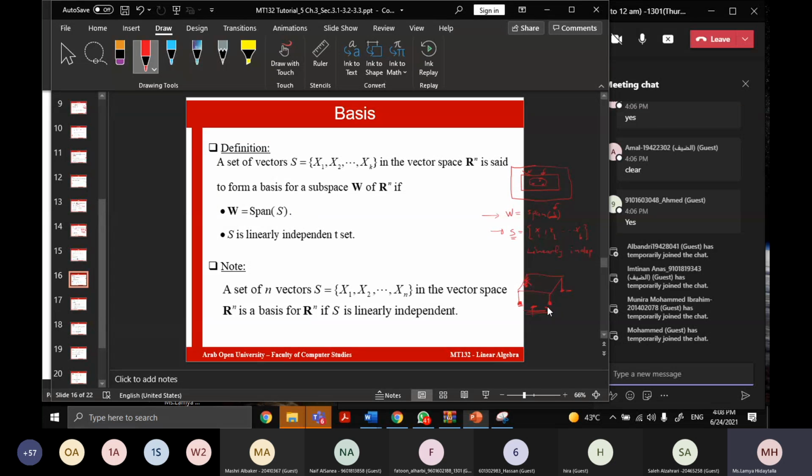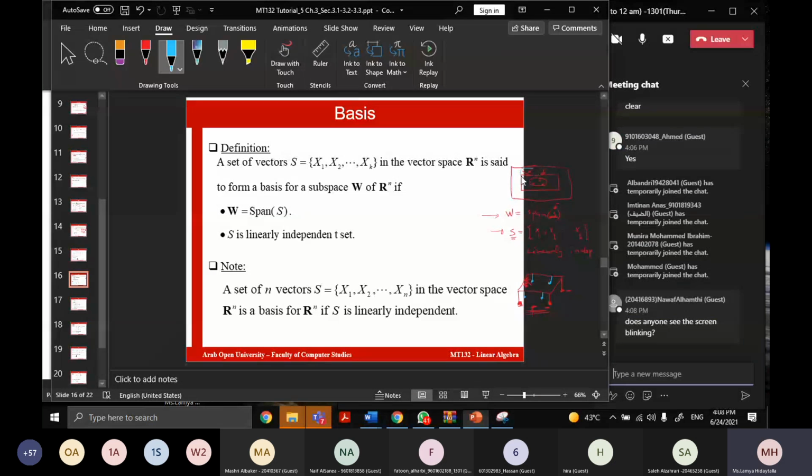Is it only these four legs in this place, or can I find others? I can find others. Instead of that, I can put the legs, for instance, here and here and here, and the table will also stand. That means for the same subspace, you can find